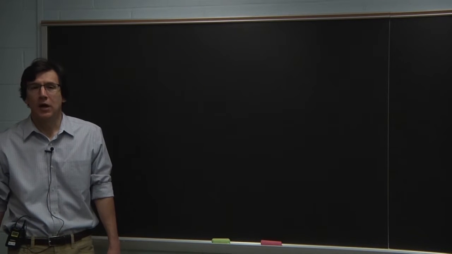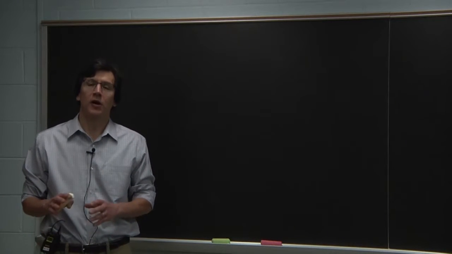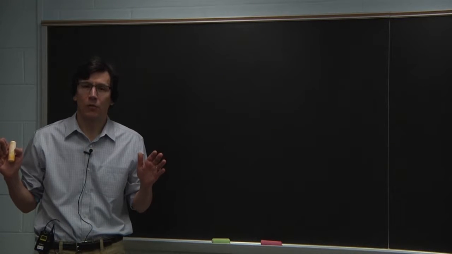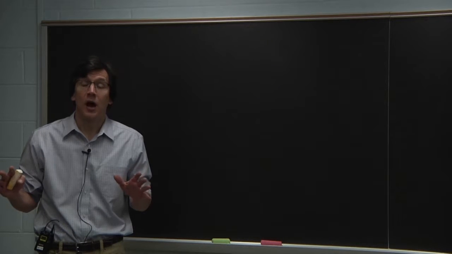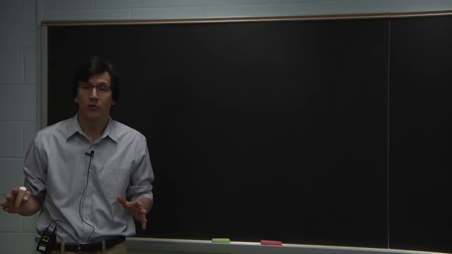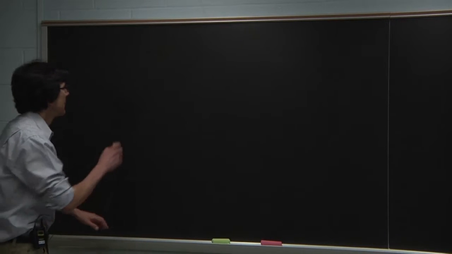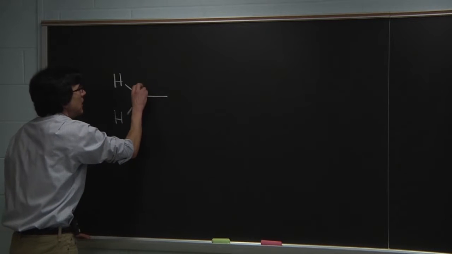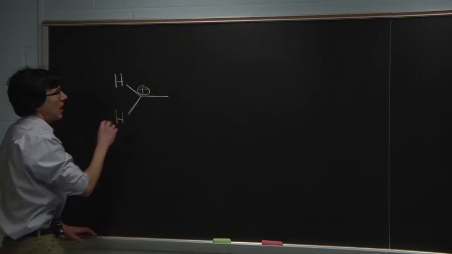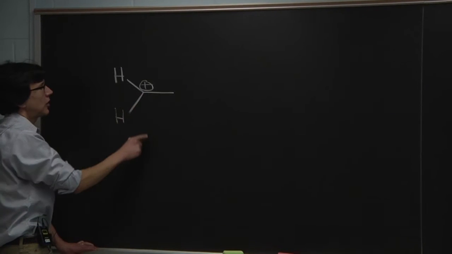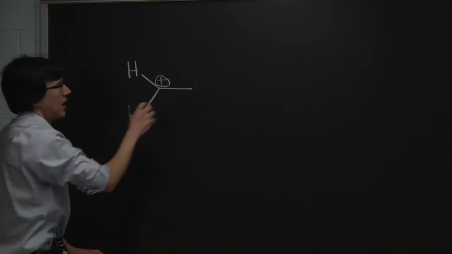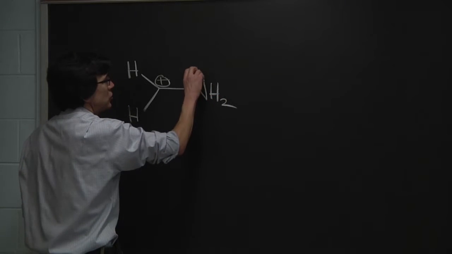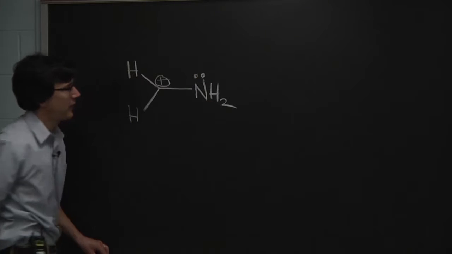Let's do a problem where we start out thinking in terms of resonance structures, but then we go a little bit deeper and consider what exactly the resonance structures are representing in terms of orbital overlaps. Here's a structure for us to consider. It's a carbocation, and then attached to that positively charged carbon are 2 hydrogens. And then the other thing that's on here is an NH2 group, and of course there would be a lone